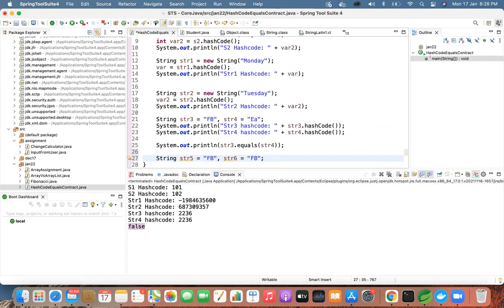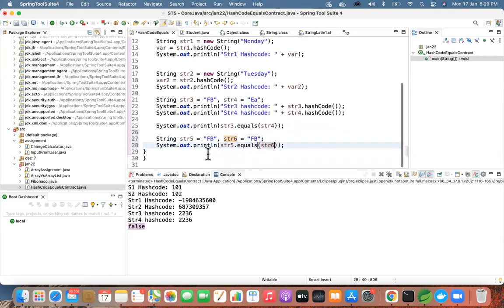Yeah. Now do a sysout of string 5 dot equals string 6. Also in the next line, print string 5's hash code and string 6's hash code together.